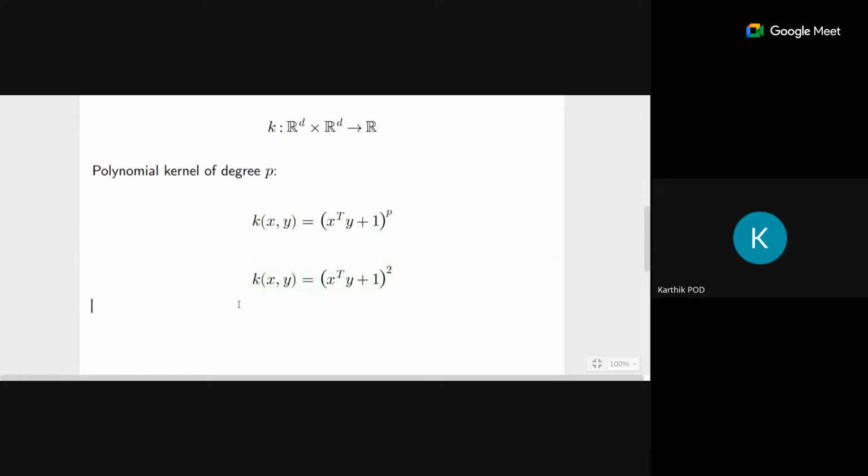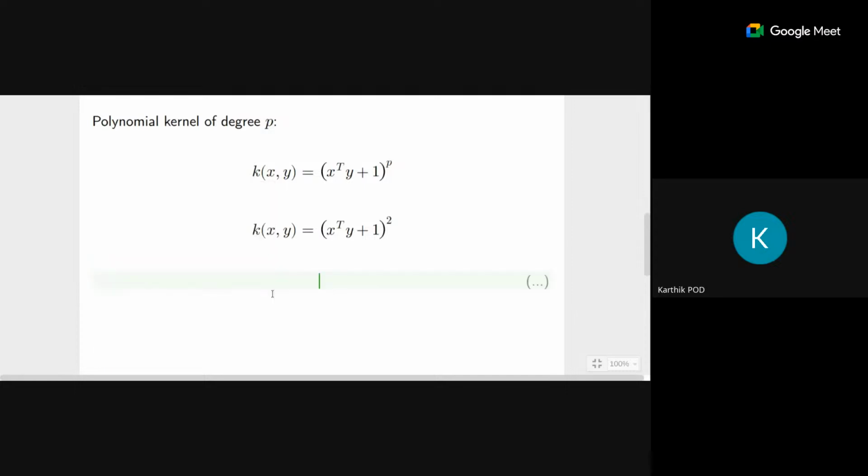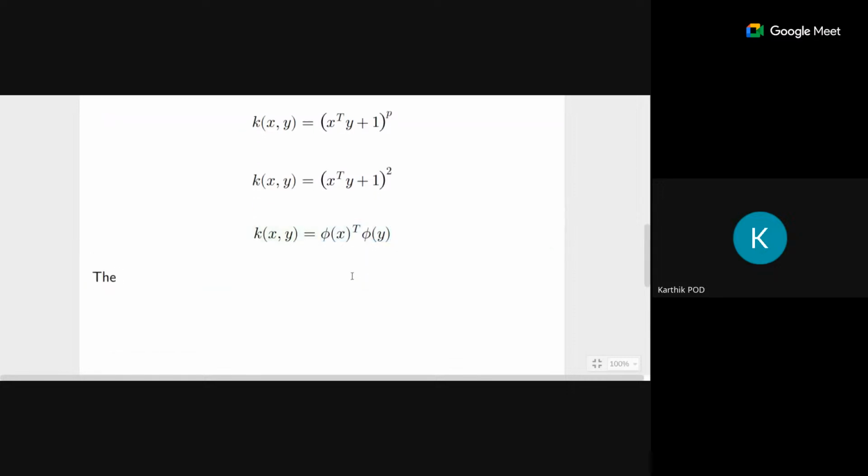Now, what the kernel does is it calculates this dot product, phi of x transpose phi of y, for some suitable phi. We don't actually explicitly define what phi is. We allow the inner product or the dot product computation in the transform space to happen via the kernel. So let me write it down. The computation of the dot product between data points in the transform space